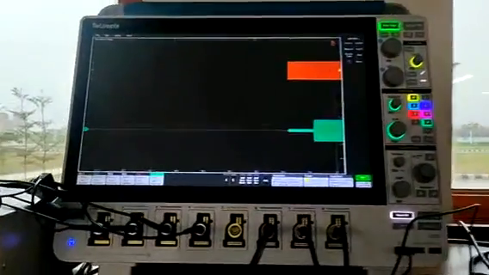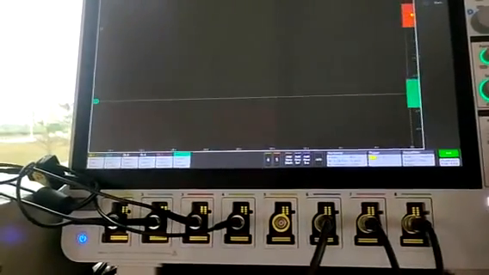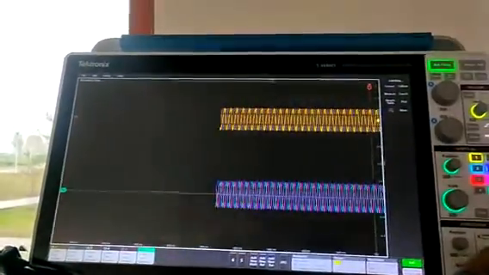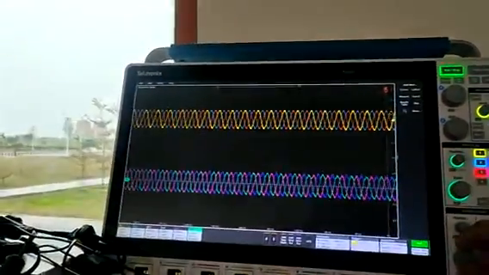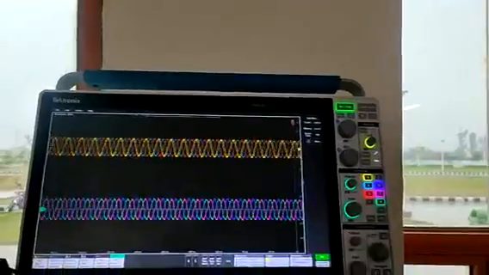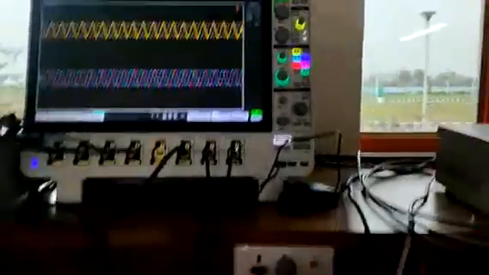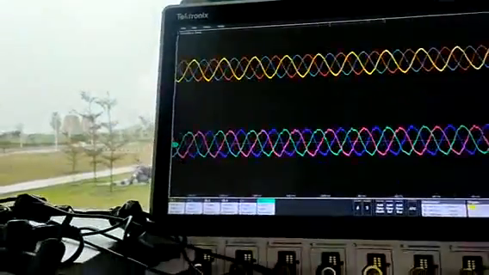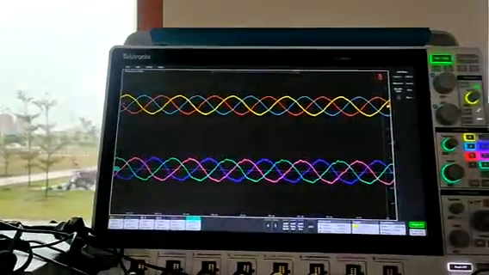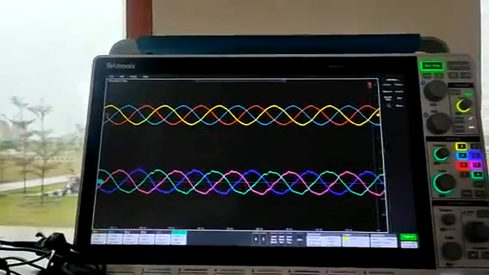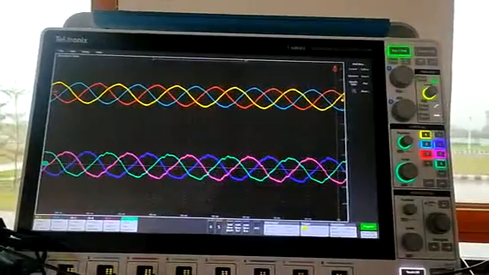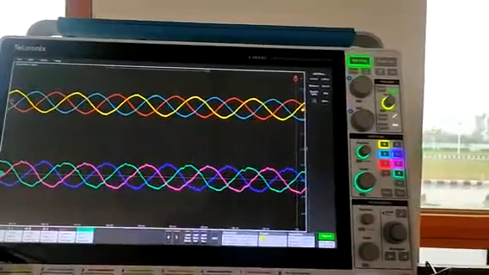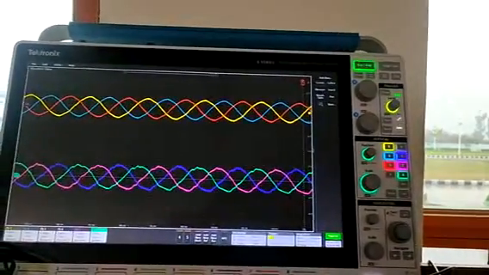After that, the current which is feeding to the load goes like this, as you can see on the screen. So this is the complete circuitry. Here what I have seen is that ID and VD are in phase with each other, because the IQ reference which I have given is equal to 0. Now I will change the IQ reference and I will show how the current will change.